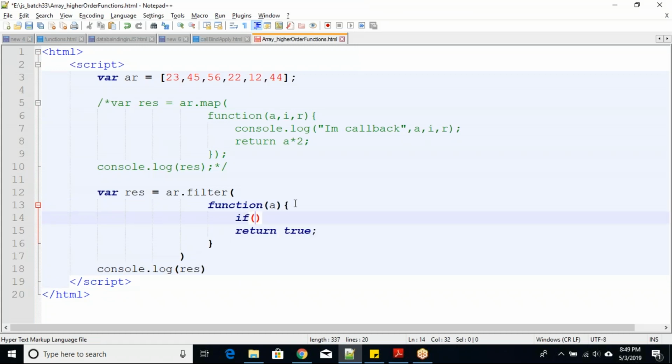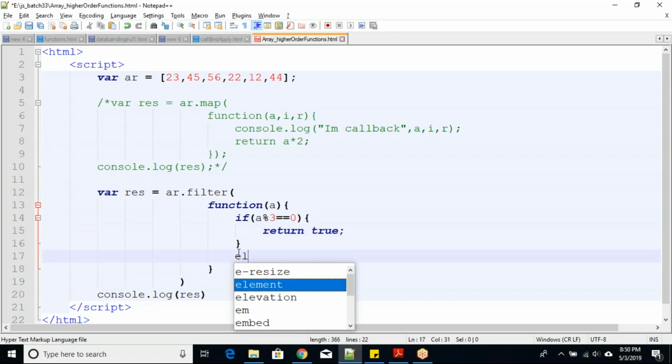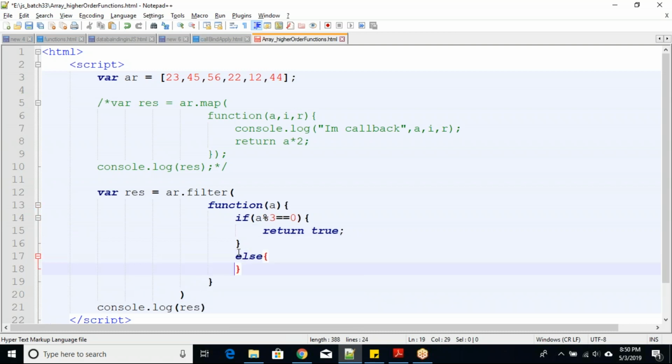If a modulus 3 is equal to 0, only then return true, else return false.